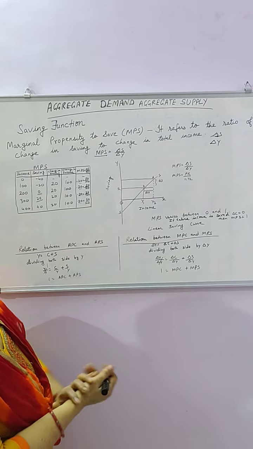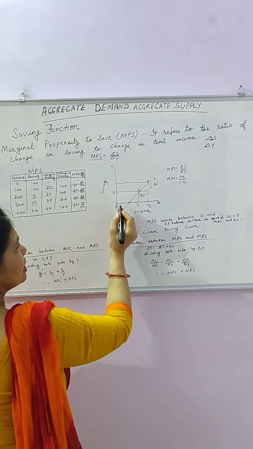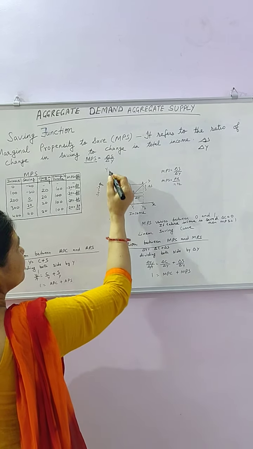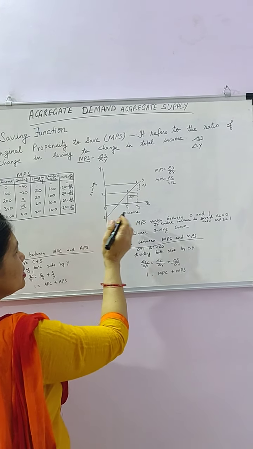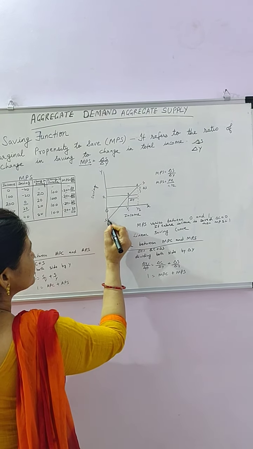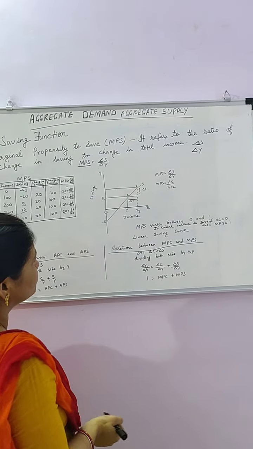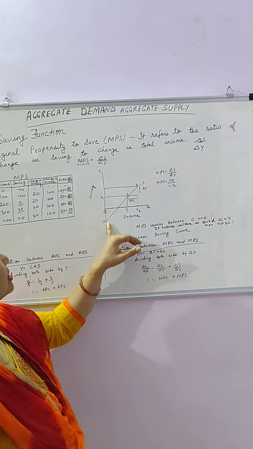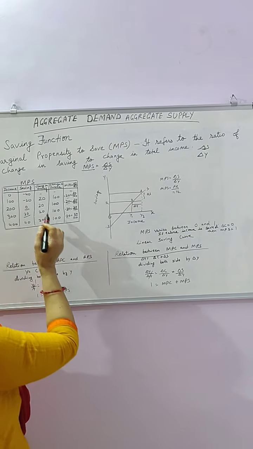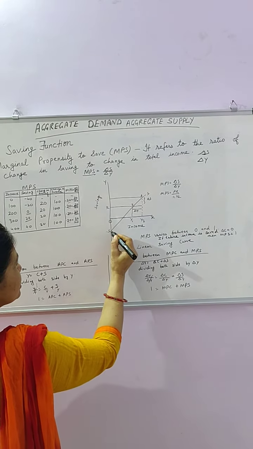Now, how can you make a graph of MPS? This is the graph, with the x-axis and the y-axis. On the x-axis I have plotted income, and on the y-axis I have plotted savings. Students, you know this point is where income is 0, and this is the saving curve. The saving curve always starts from the negative axis. This is minus S. Why does it start from the negative axis? Because at the 0 level of income there is always consumption expenditure, and that is met from past saving or borrowing. So the saving always starts from the negative axis.